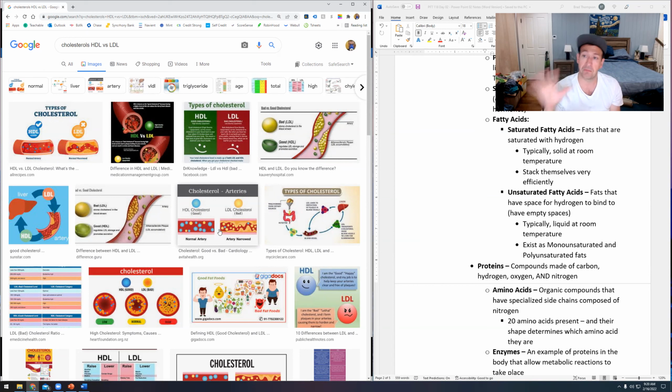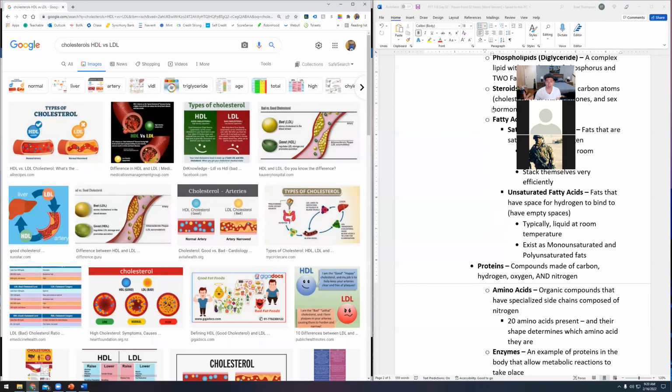Now, for the record, both of these cholesterol types do have roles inside of our body. So they're actually both good cholesterol. But we started calling it bad cholesterol because it gets stuck in our blood vessels, right? It's not very dense. So what'll happen is when we have way too much of it, it starts to build up on the walls of our arteries and veins and things like that. It starts to cause a lot of problems. So it's bad because we eat way too much of it. It's too much of a good thing.